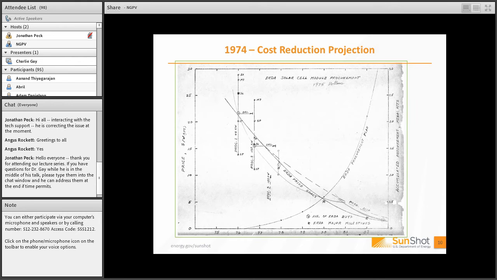And Gene plotted the cost of space cells and the sensitivity to what volume of demand was associated with each of the satellite projects, and made a rough estimate of how much costs could come down if there were markets for solar. That chart is really the godfather to all of our learning curve charts